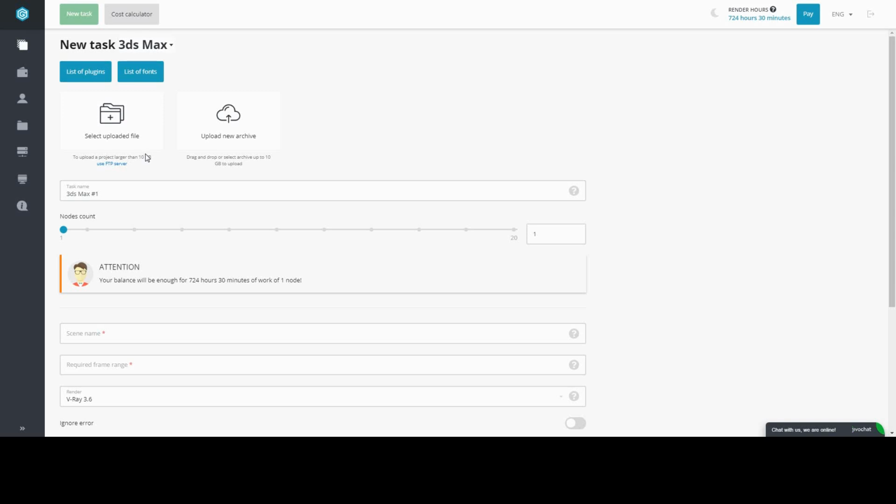Host for connection, ftp.turborender.com. Username and password, same as when registering on the website. If your archive is less than 10 gigabytes, you can safely select it directly from your computer by clicking Upload